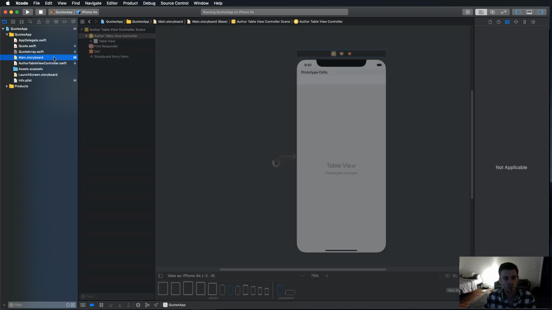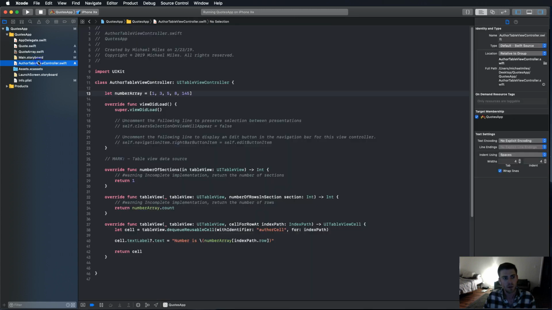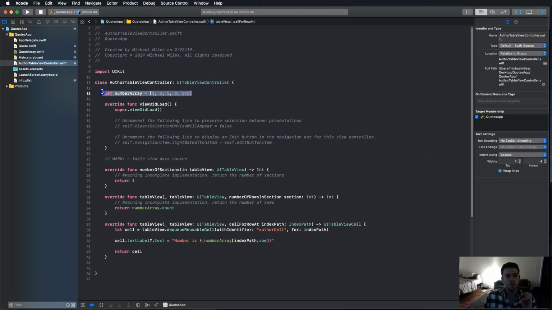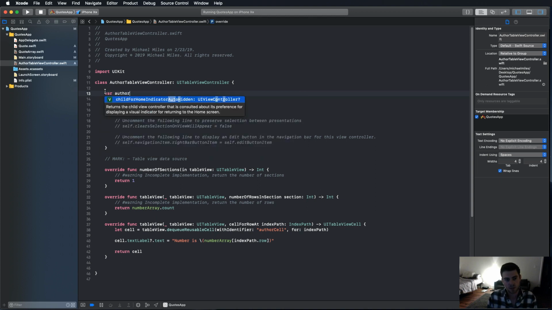And in the main storyboard, we have our cell that we already used, hello world, and we've used the number array, and now we want to use the author part of this quote array that we've made. And in order to do that, I'm going to go up here, and where it says let number array equal so and so and so and so, I'm going to say variable array, or I like to be specific, author array equals quote array dot list,